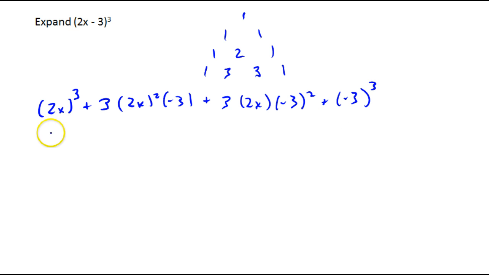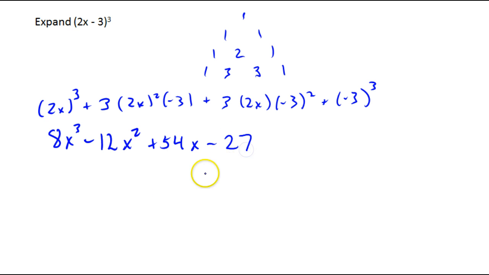And we just work it all out now. So that's 8x cubed. That's going to be a minus, isn't it? Because it's a 3 times 4 times a negative 3. That's going to be negative 12x squared. And then I get positive 9 times 6, which is 54x